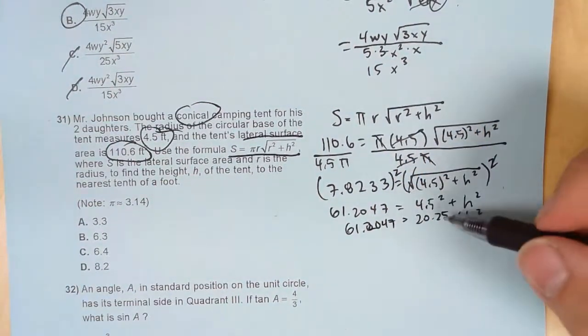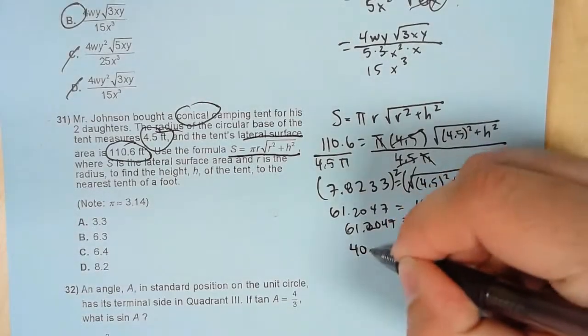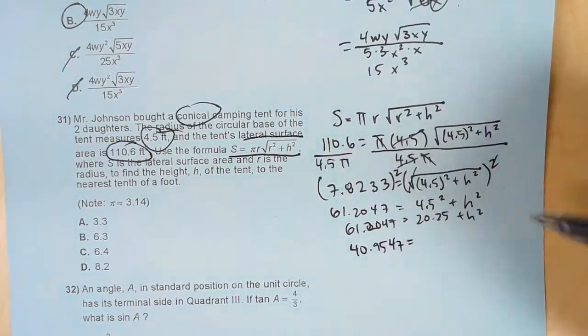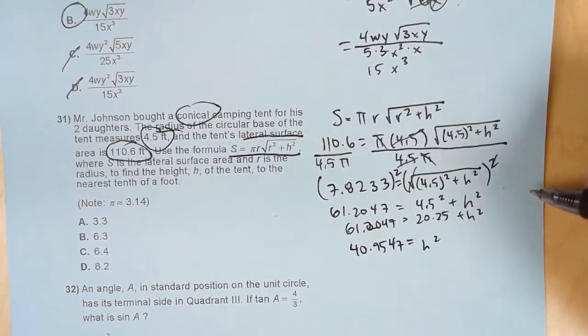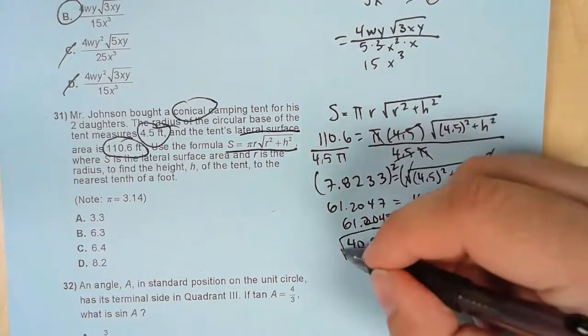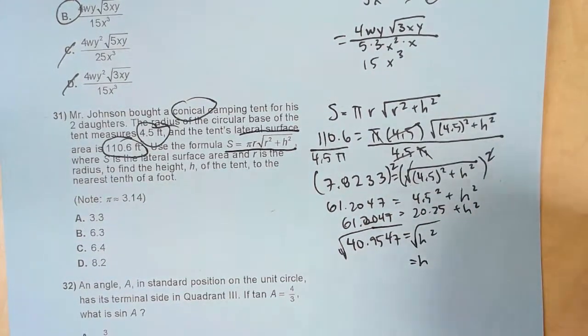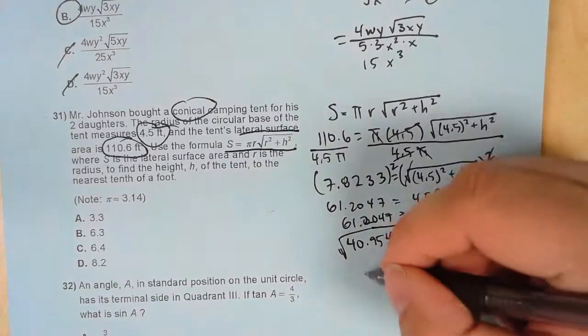61.2047. Going to subtract 20.25 from my 61.2047. I'm going to get 40.9547 equals H squared. Last step, we've got to get H by itself, so let's take the square root. Just like we undo square roots with squaring, we undo squaring with square roots. They are inverse operations, so we're going to get H equals the square root of that number, which is